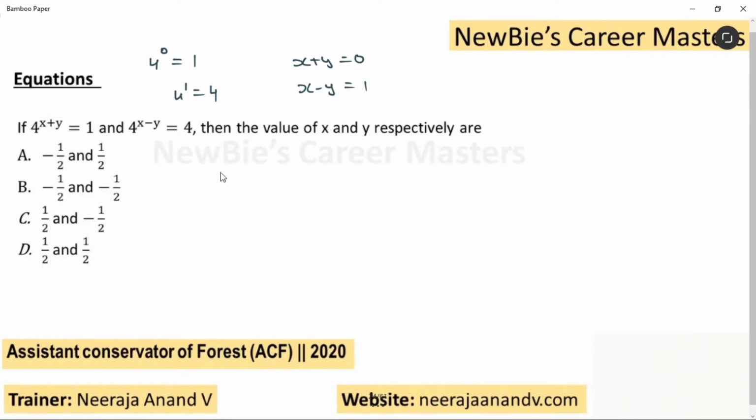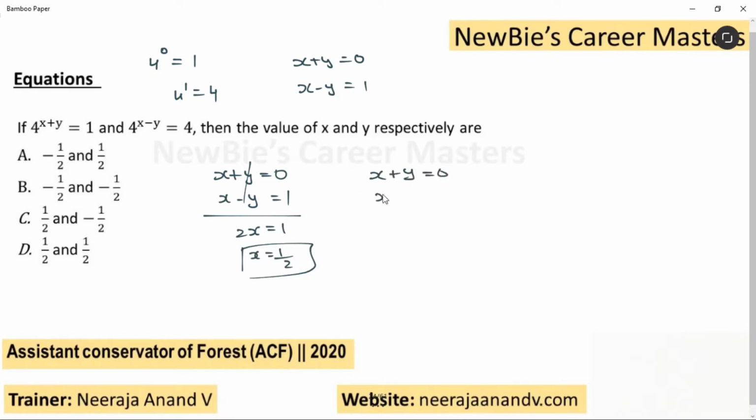That's it. x plus y is equal to 0. x minus y is equal to 1. Newbies, just add these two equations to get the x value. If you add them, we have to cancel these two. 2x is equal to 1. We get the x value as 1 by 2. That's it. Then, to get the y value,